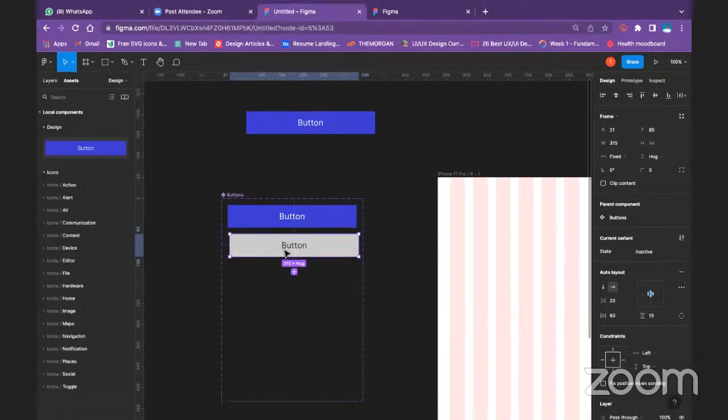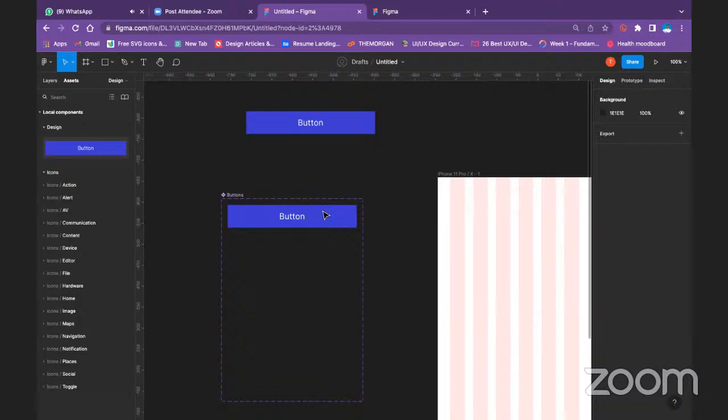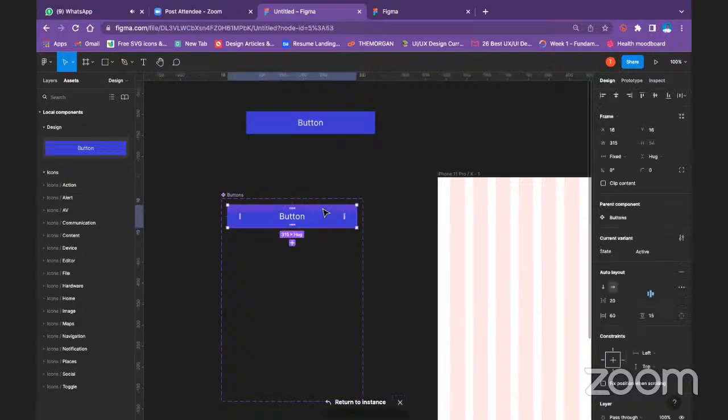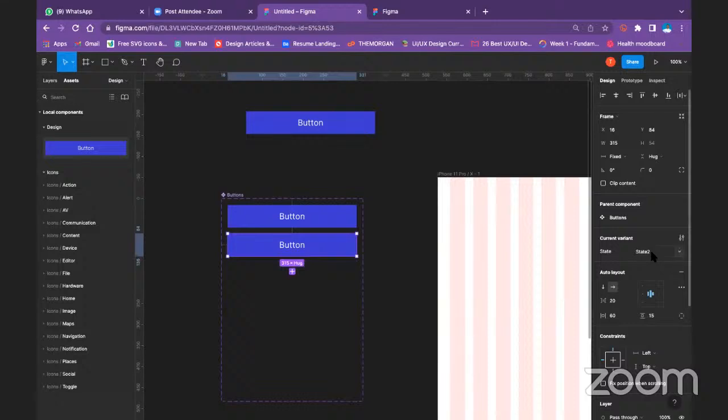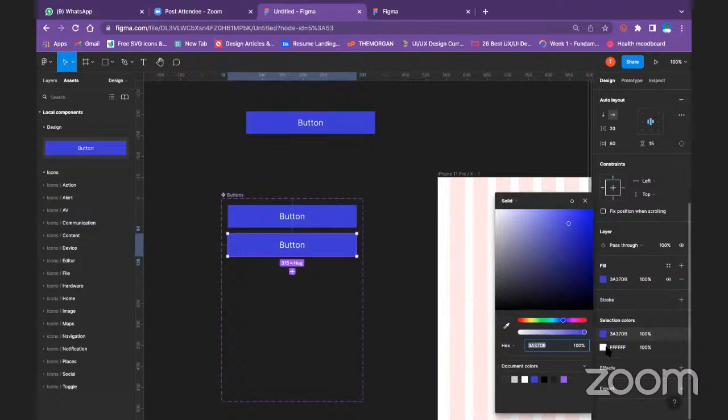So let me delete this. Because I already created a variant for it, what I will do now is I will just Ctrl D and duplicate it. I'll duplicate it and drag it to this point. Now, if you notice, this first one, I've edited it. I named it state active. So for this, I will name it state inactive,